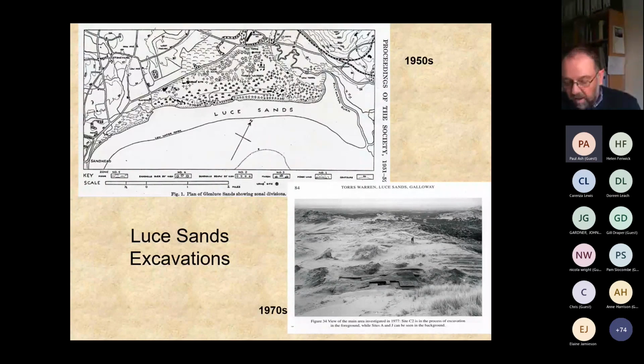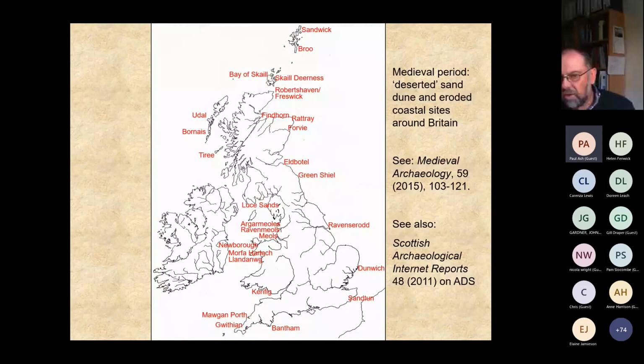And Ken Dark, who picked up a suggestion by Hallam Movius, the American archaeologist from the 1930s who was active in Ireland, was that these Dark Age beach markets were a class of site comparable to Tintagel and those other more famous sites with a bit more structural expression. When we get past the Norman conquest, we get a lot more information about what's going on,